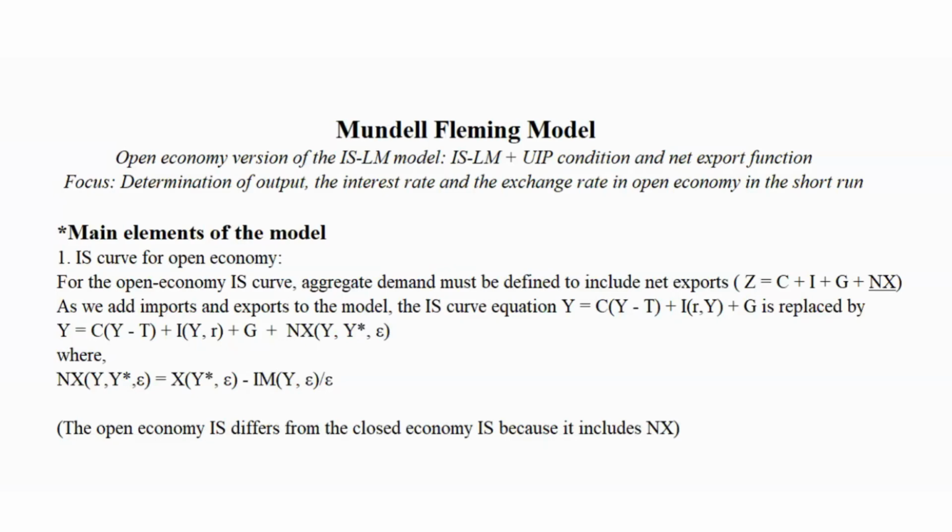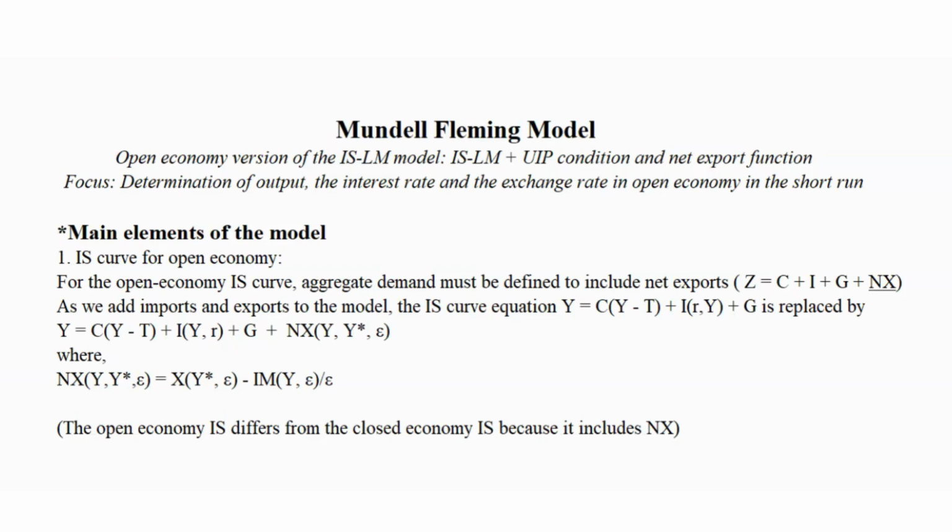We want to look at the Mundell-Fleming model, which is an open economy version of the ISLM model. So we have the ISLM, but along with that, we also have the uncovered interest parity condition and the net export function. The focus here is to determine output, interest rate, and exchange rate in an open economy in the short term. So let's look at the first main element of the model, which is the IS curve for an